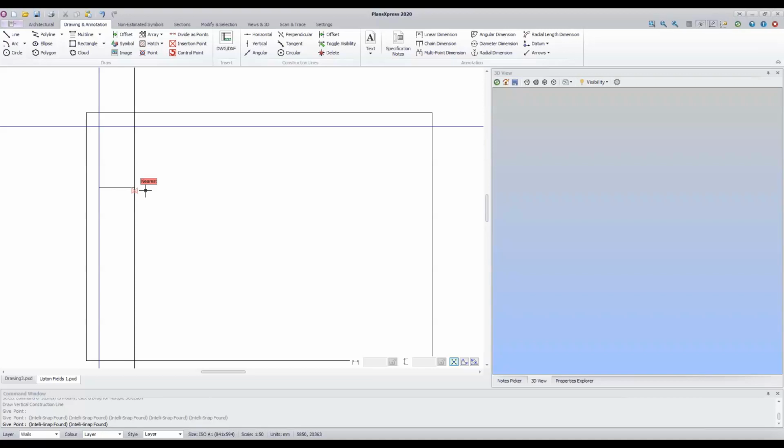So what we're going to do is continue placing the construction lines as per the diagram that you've got there. So we've got another construction line which is 1,670 millimeters to the right of the one we've just drawn. So I'll show you how to do this one, and then I'll give you a minute to do the last couple of